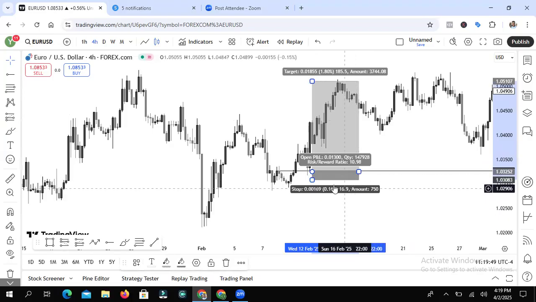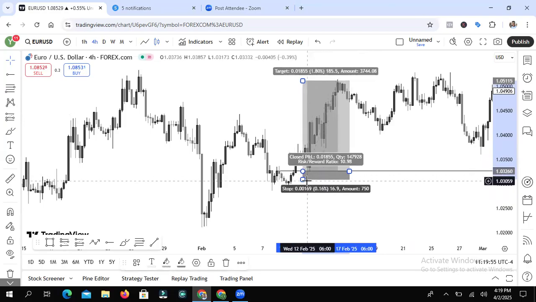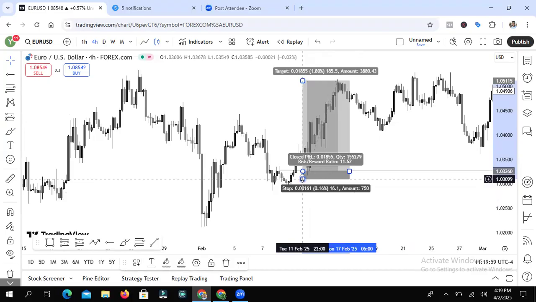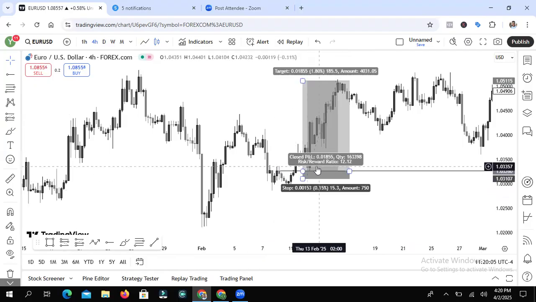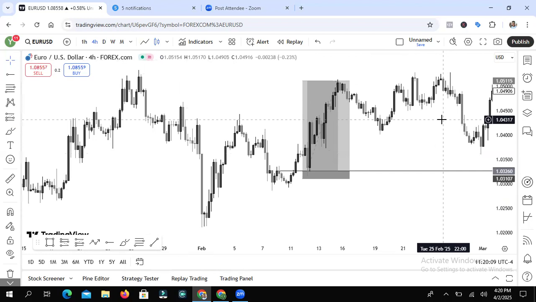We already have 10 hours out with just 16 pips. I use between 10 to 15 pips stop loss. This is a 15 pips stop loss right here. You can see the break, and then market came back into it, and they continued to push to the upside. Very simple, very straightforward, and very, very direct.